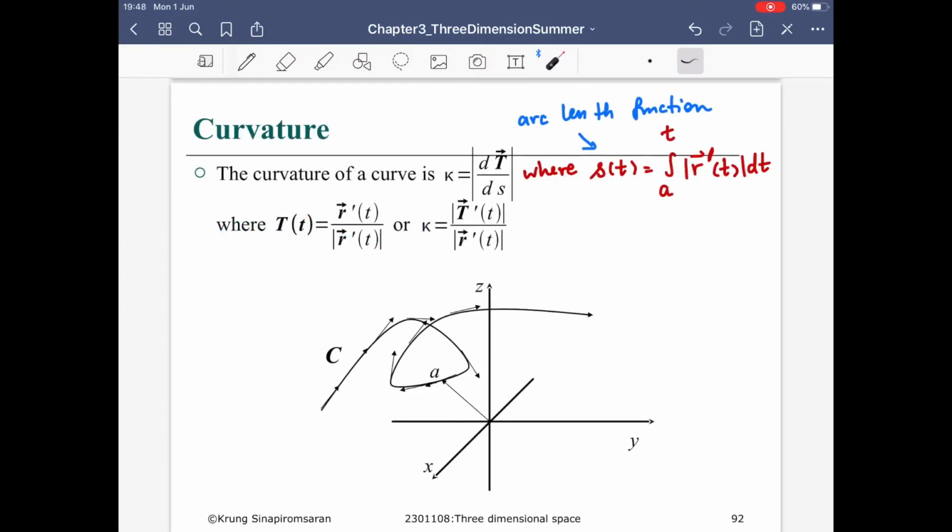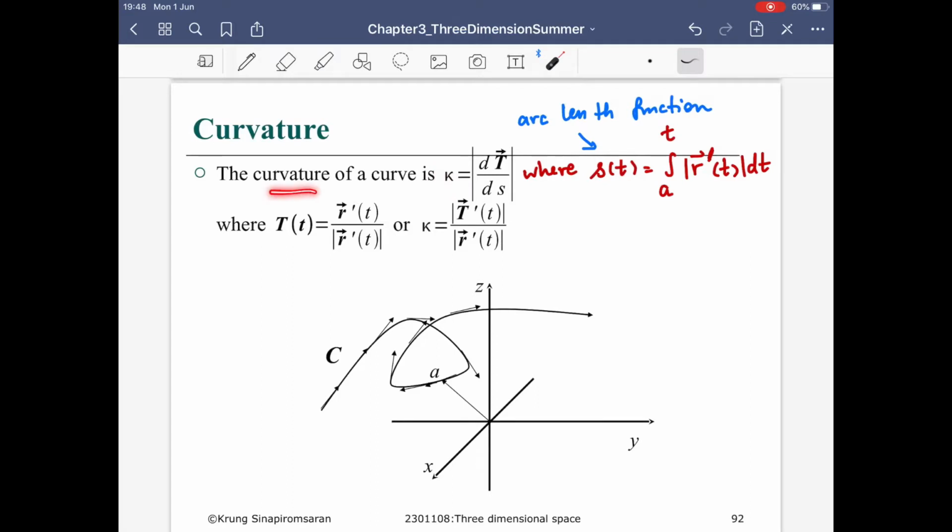Okay. The next concept, after you have learned the arc length of the curve, is the so-called curvature. At the beginning, the curvature in terms of math will be difficult to understand. However, as we continue and go through one of the examples, then you should be able to understand the curvature more. So in math, the curvature of a curve r of t